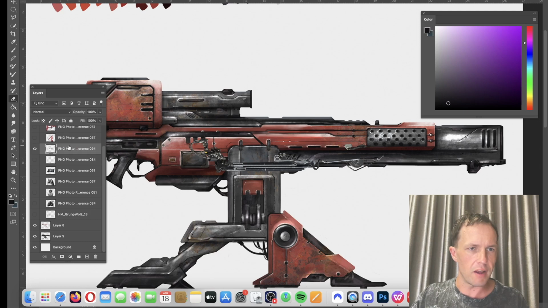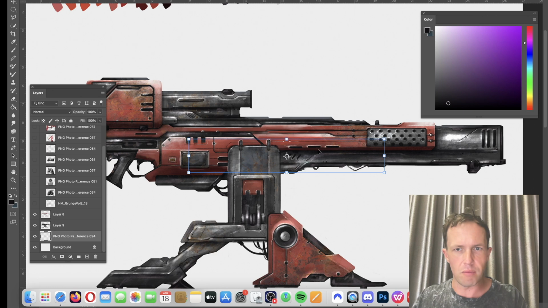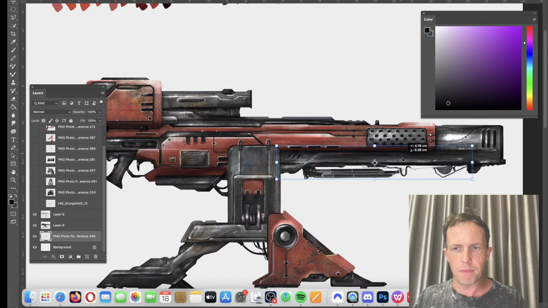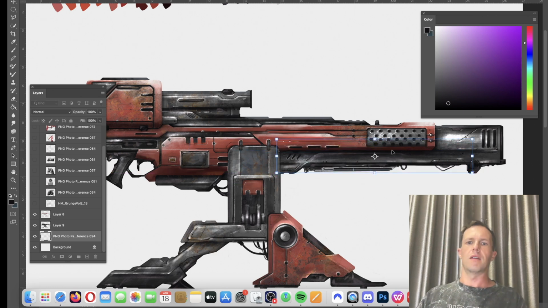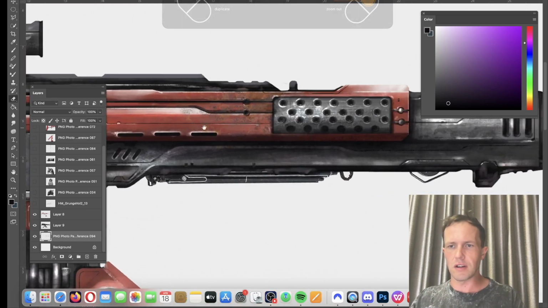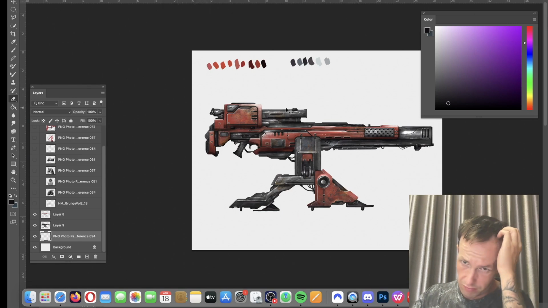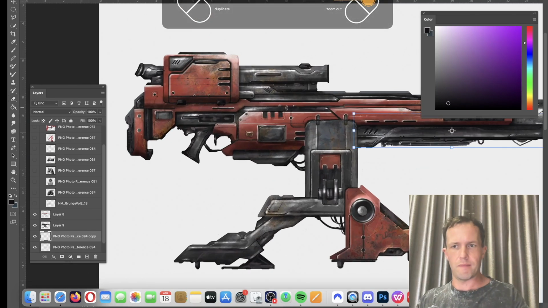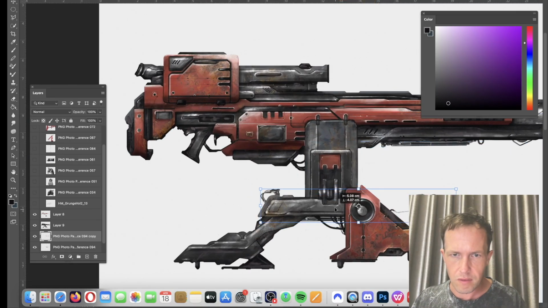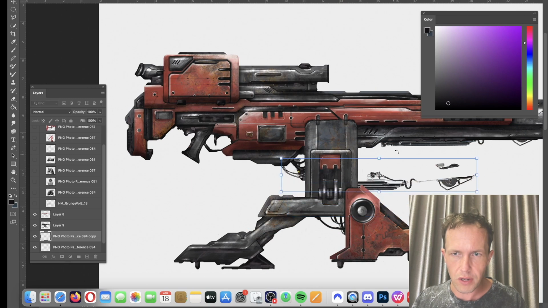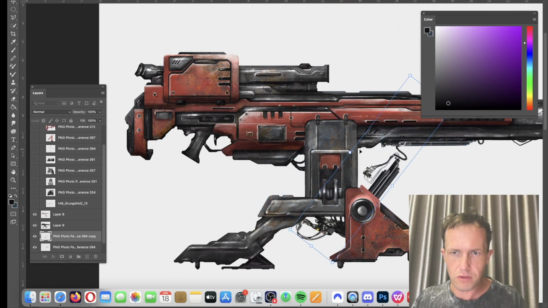I'll show you this. For example, I could put this on the bottom layer, and then there you go, just instantly got some cool details there. Might even just keep that, duplicate it, put it, oops,